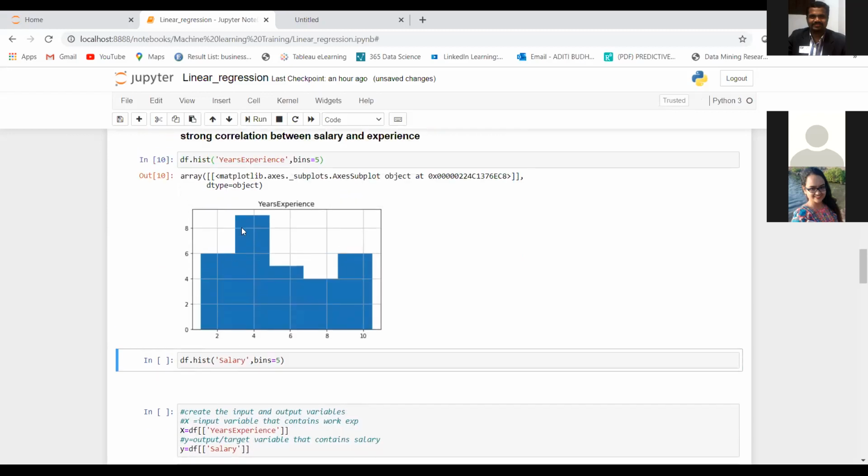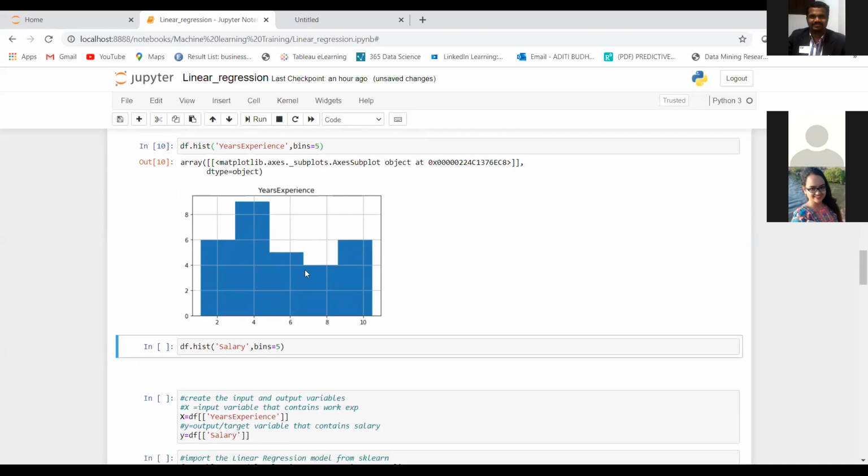You can see that the highest frequency is for years between 2.5 and 4.5, or 3 to 5 more precisely. So 3 to 5 has the highest number of experience values in our data set.